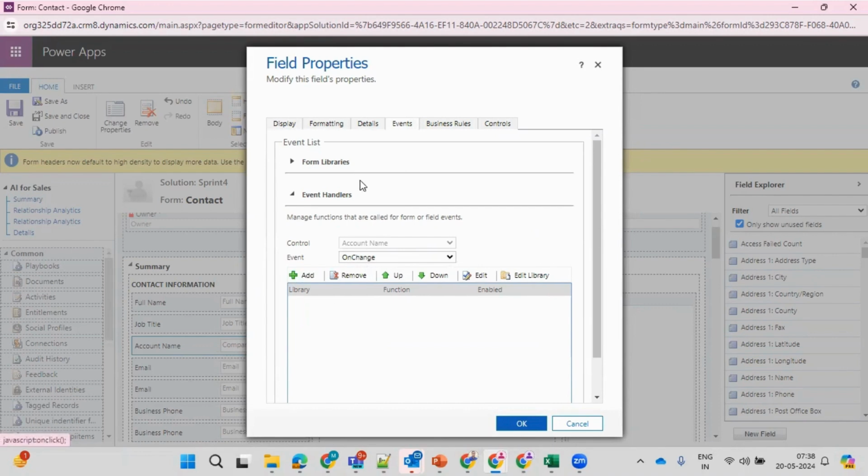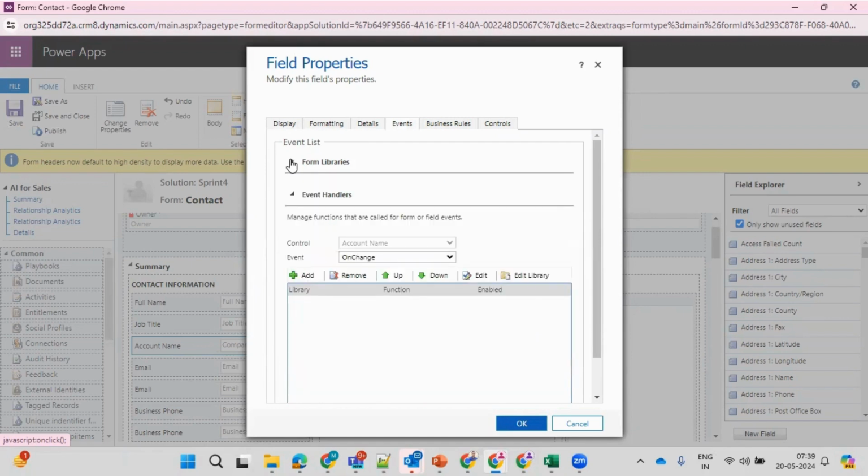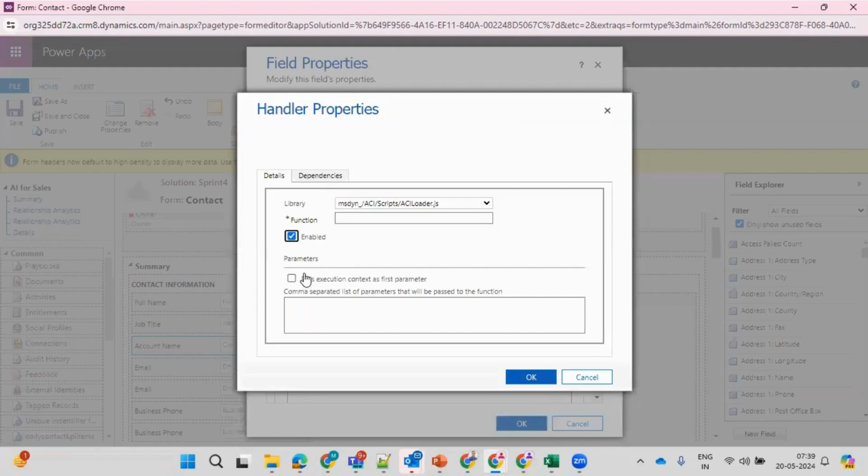Here we are selecting the events. Here we already have a library, right? Because we added it from properties, we already added it. So again, there's no need to add the library, because in the same library I have my code and the same function. So what I will do here is simply click on the add button,